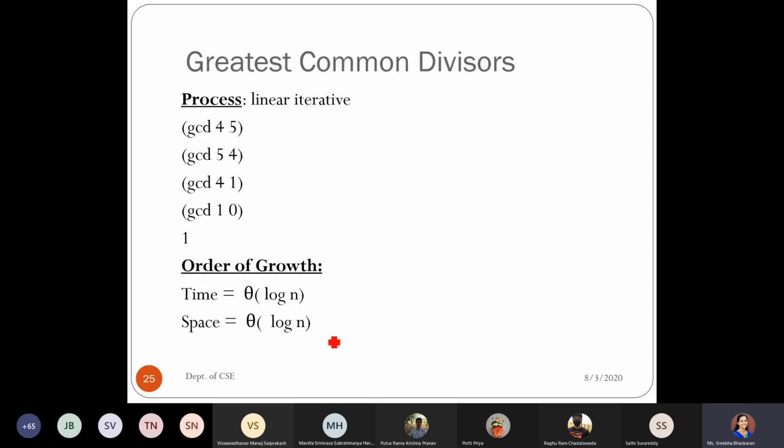So the number of steps as well as the space required for Euclid's algorithm is very less when compared with your a or b value, because we are taking the remainder of these two numbers. So I can say that it is logarithmic.